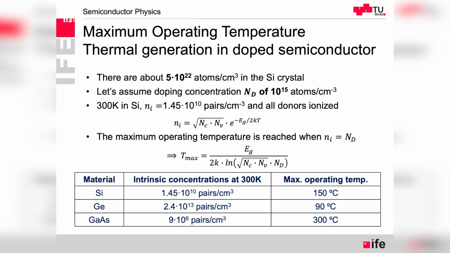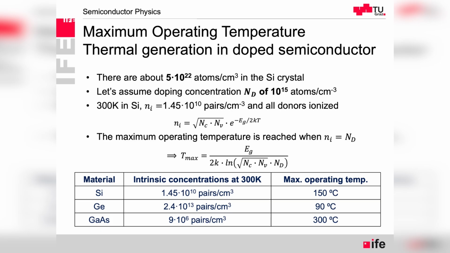We replace Ni with Nd, the doping concentration, transform to have temperature on the left-hand side, and this way we calculate the maximum temperature at which we still keep control by dopant carriers available for conduction. And like that, we can calculate the maximum operating temperature, knowing the intrinsic charge carrier concentration